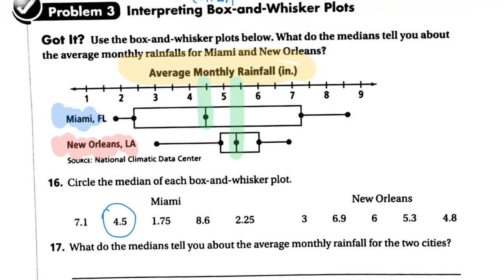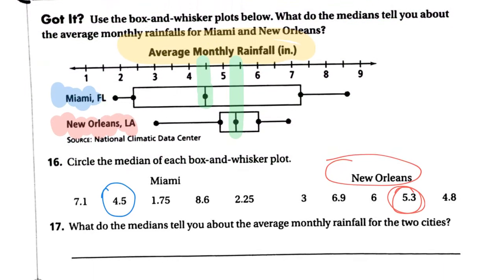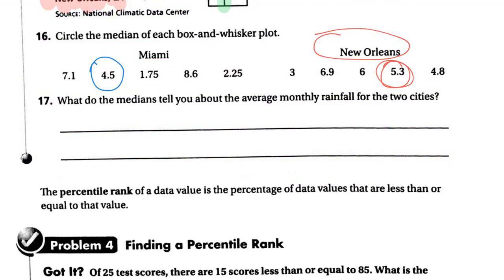So if we look at the options for New Orleans over here, we need to find the option that is between 5 and 5.5, and that is 5.3. So now that we see that the median for Miami is 4.5, and the median for New Orleans is 5.3,